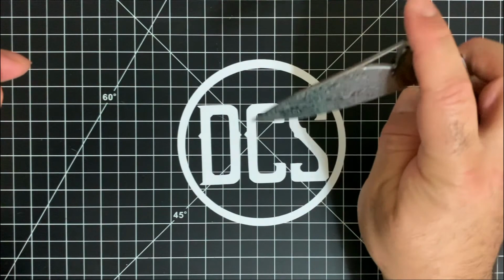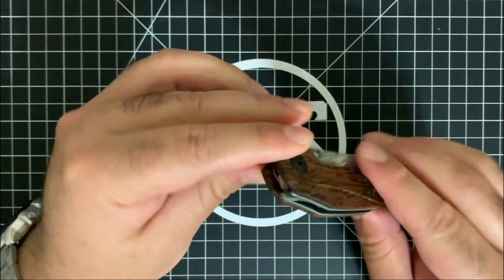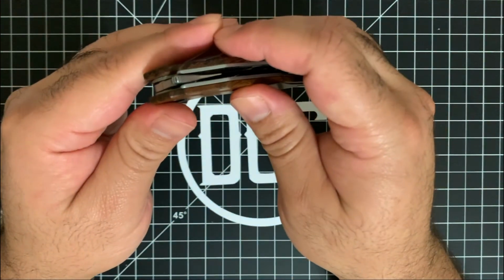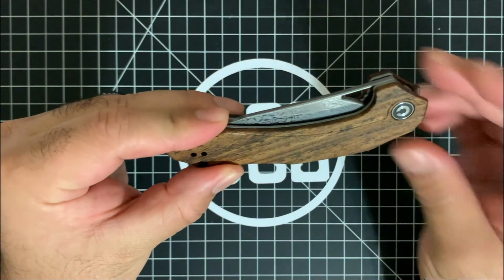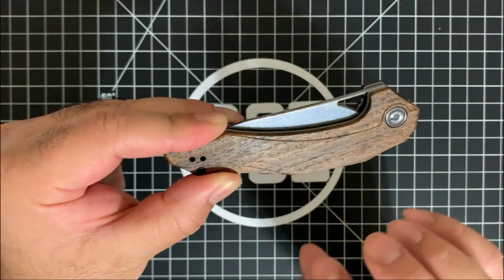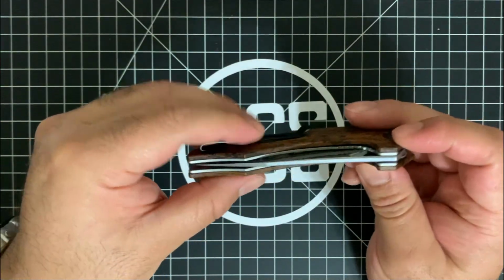It feels extremely comfortable in the hand, and for being a flipper, it's a very, very minimal style flipper tab. You have some jimping right at the top, as you can see. Hopefully you can see there. It's interesting. What they have done is taken that particular design and added a little bit more bling to it, I guess you can say, by adding this sandalwood handle and the